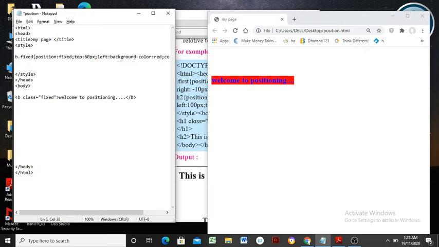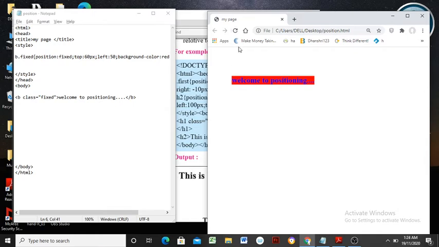Left colon 50 means this content should be displayed by leaving a space of 50 pixels on the left-hand side. See what will happen. The effect is applicable: this text is moved to the right by leaving a space of 50 pixels.